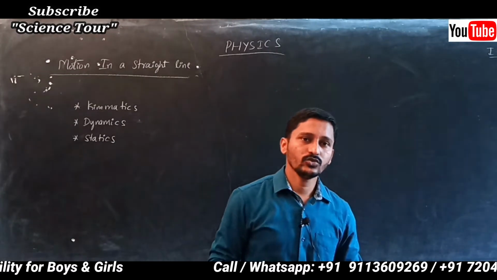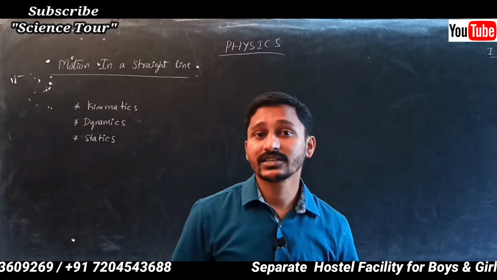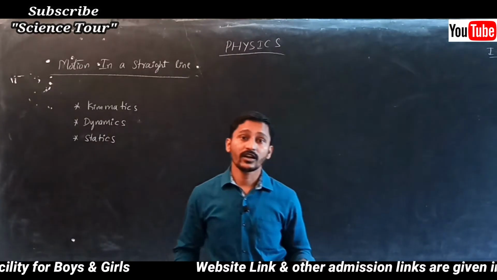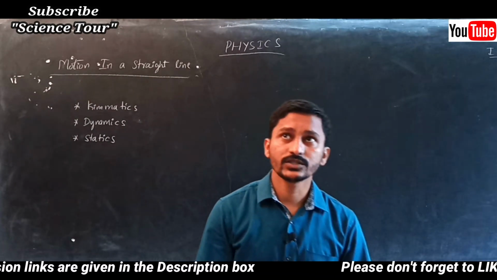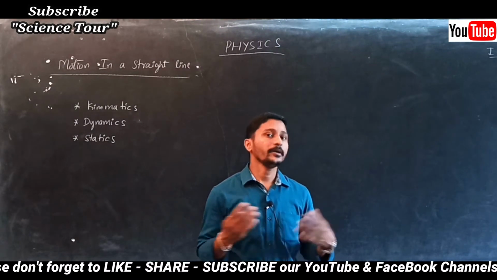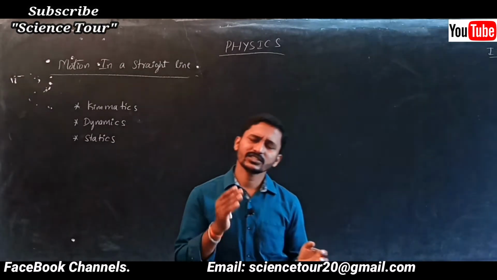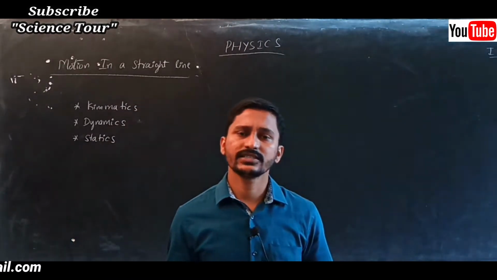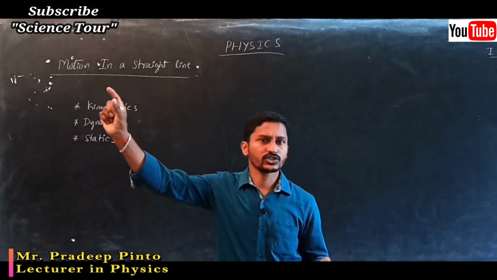Now if I ask you how you will define the motion of the object, we already discussed that it is nothing but the change in position of the object with respect to surrounding, or the change in the position of the object with respect to time. Whatever activities you do, time is independent of you, right? Time is an independent variable. Time is constantly varying and it does work. That is why it is an invariable quantity which cannot be changed.